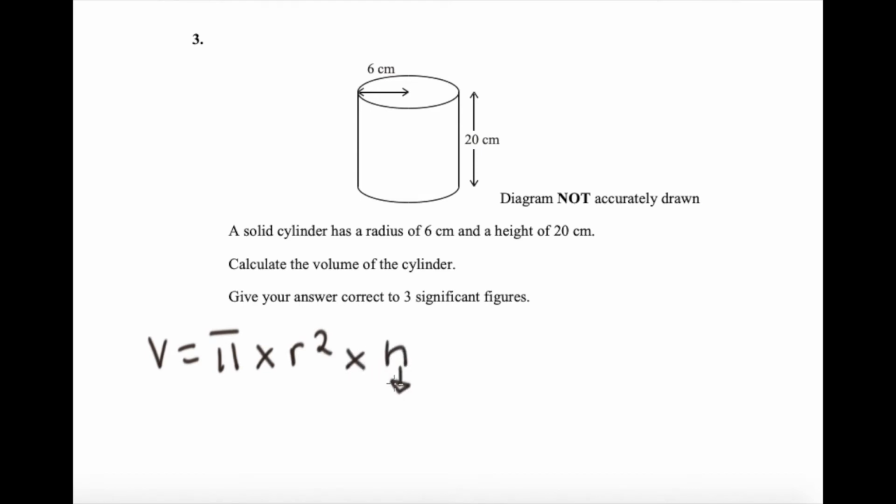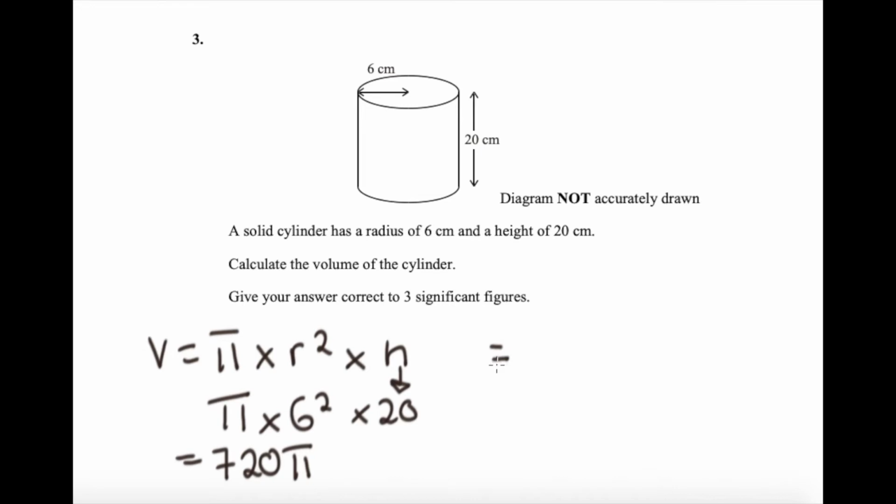Our height here is 20 centimeters and our radius here is 6 centimeters. And remember, it's radius squared, so that would be 6 squared times pi. So put that into our calculator, which will give us 720 pi. Then we simplify this on our calculator, which will give us